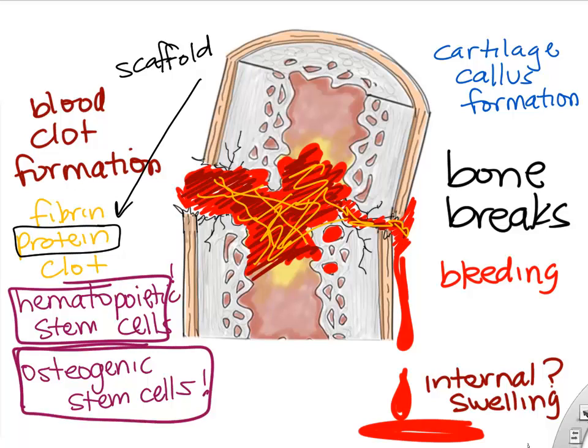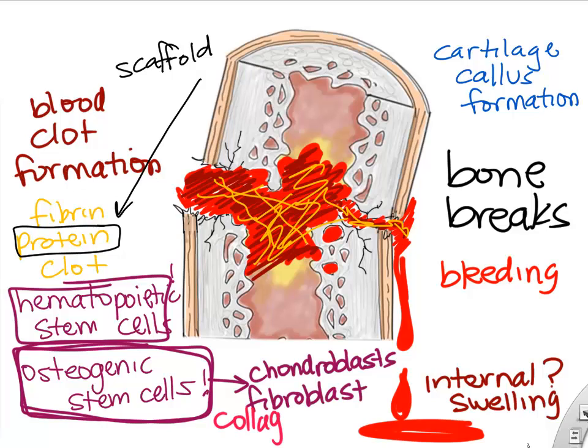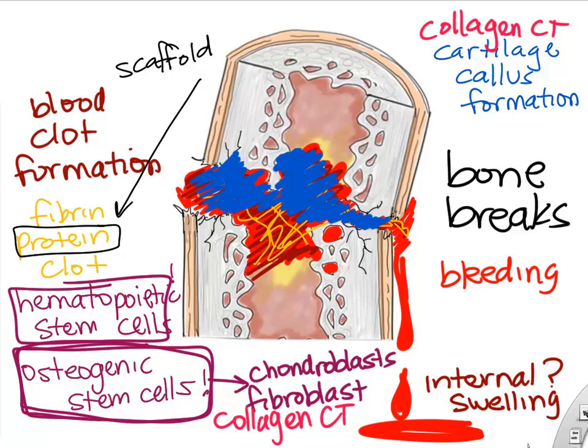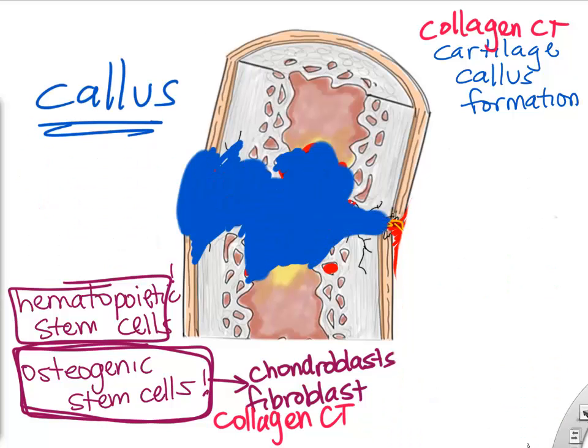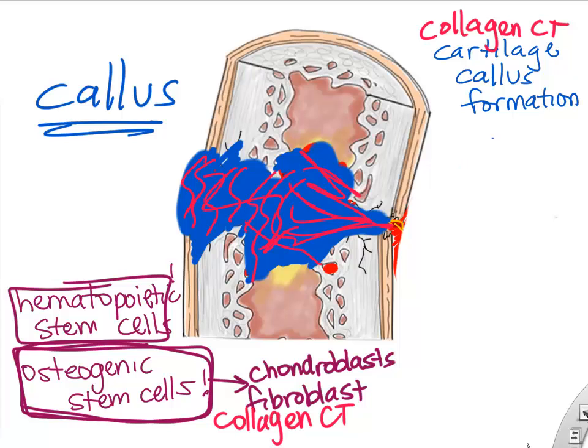The next step is going to be when those little stem cells help create a callus formation, which is mainly cartilage. So it's probably going to involve chondroblasts and fibroblasts, which start making a lot of collagen. And some of this collagen is going to be in the form of cartilage. And so you make this big giant knot of cartilage. We call that a callus. That collagen now is going to be our scaffold for bone